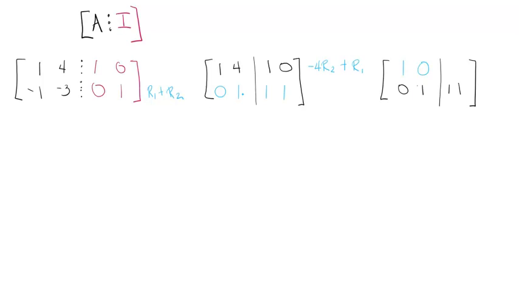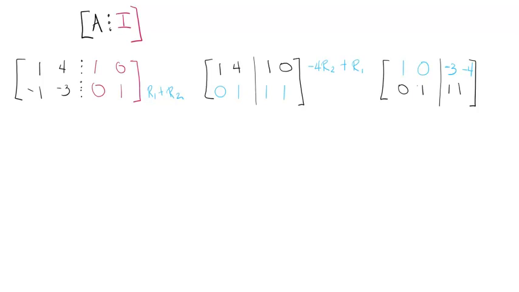But I also have to do it with the right side of the augmented matrix. So -4 times 1 is -4, plus 1 is -3, sorry. And then -4 times 1 plus 0 is -4. So now do you see how my left side is 1, 0, 0, 1, and my right side is -3, -4, 1, 1? And that is my identity matrix on the left,